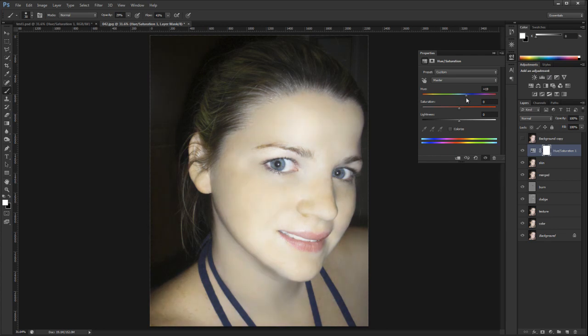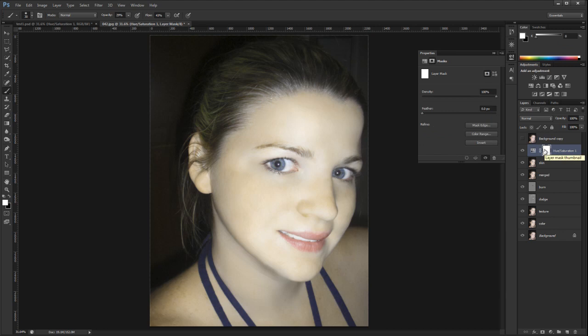And if I want to hide all I have to do is select on the mask. So when I click on the mask, my properties change here. Now depending on what I want to do, if I want to edit the mask or if I want to edit the actual properties of the adjustment layer, I click on either one of these boxes here. So we're going to look at adjusting the mask here, and the way we're going to do that is, first of all, we're going to invert the mask so we're hiding everything. So now everything is hidden, it's black. And then we're going to paint white over the eyes to let them be revealed. And I'm going to zoom in,